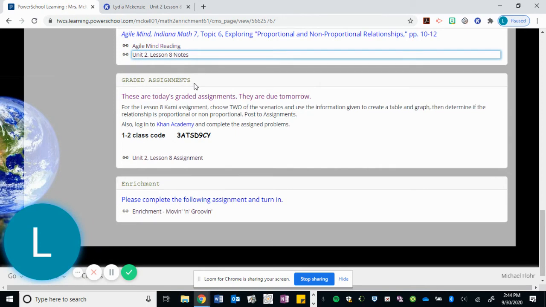So there's graded assignments here. So these are today's graded assignments. They're due tomorrow. So it lists the graded assignments. Today it was a Khan Academy. They should have clicked, this is a hyperlink for Khan Academy. So if they click here,